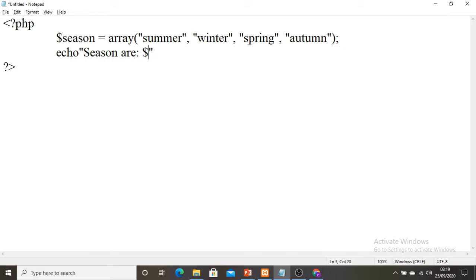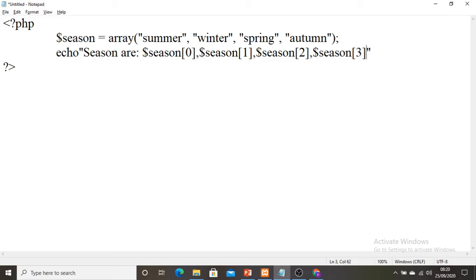So using the index value, season 0th index, then a comma. I will copy this and paste it, because 4 seasons are there, so I need not write it again. I will change the index value here: season 1, then season 2, and lastly season 3.